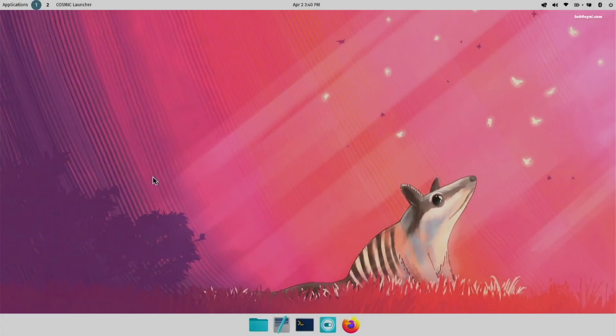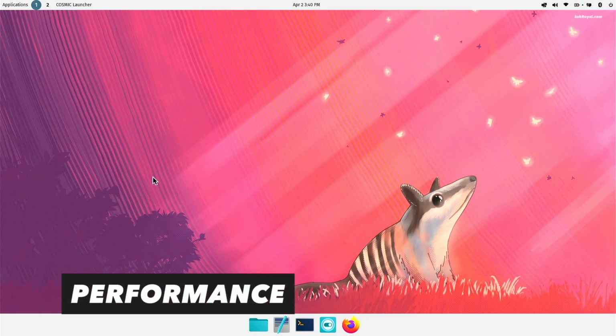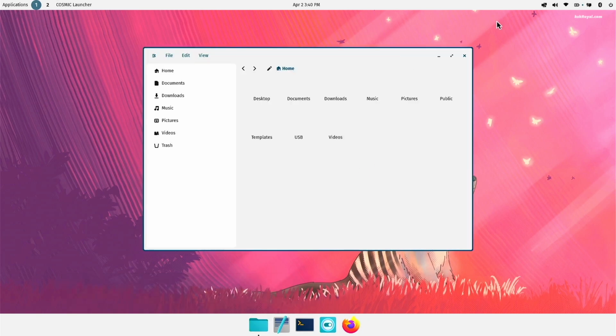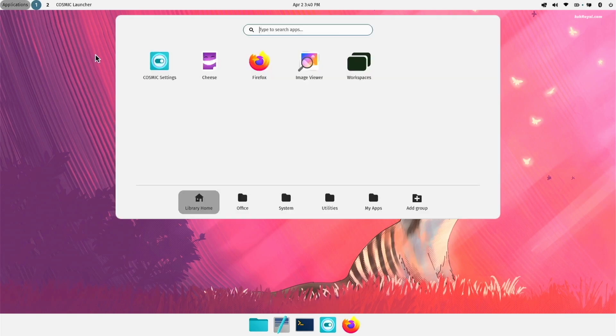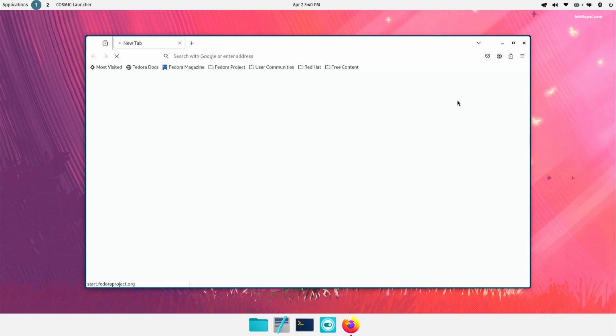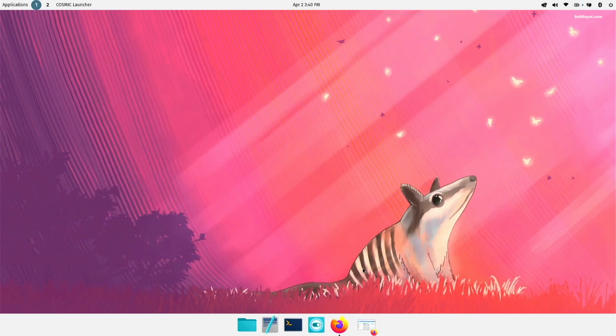It's time to talk about the performance of the Cosmic Desktop. Honestly, Cosmic Desktop is under development and the Cosmic Epoch build is kind of buggy at the moment. However, this doesn't diminish its potential. When it comes to app launching, it feels exceptionally fast and responsive. It uses around 1.4 GB of RAM under idle conditions, and the main Cosmic compositor barely consumes any RAM or CPU resources.